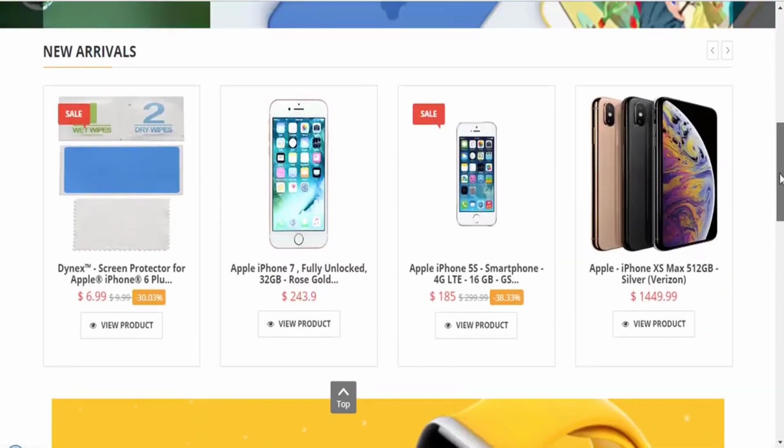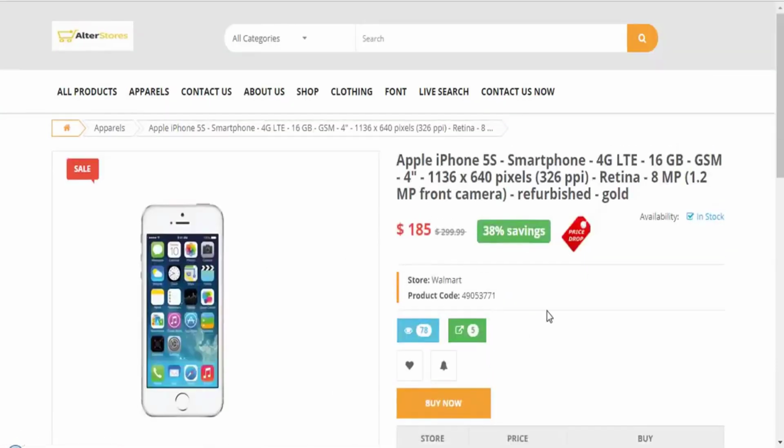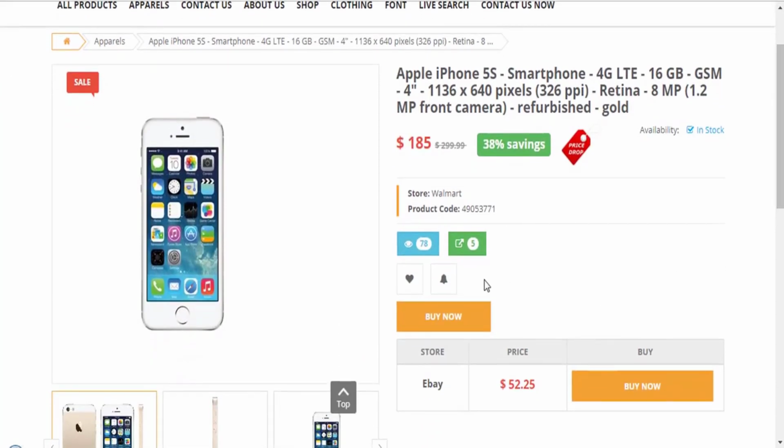Alright, so if you have a product like this, as we can see from the screen, you just hit on view product. Now see what happens. On view product with AlterStore, you have all of these stunning features where one could just choose to buy this product directly from the shown store, which is Walmart. But if the person chooses to get this product from another store which you've connected to, which you have the